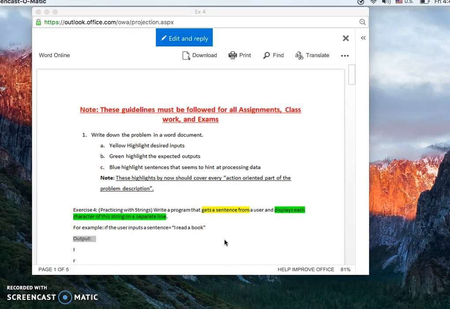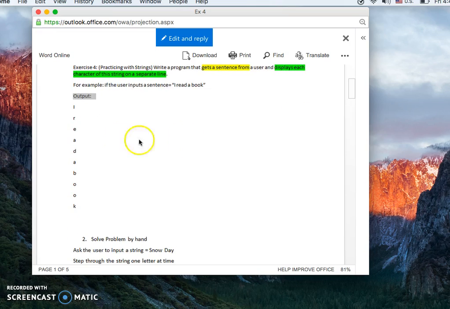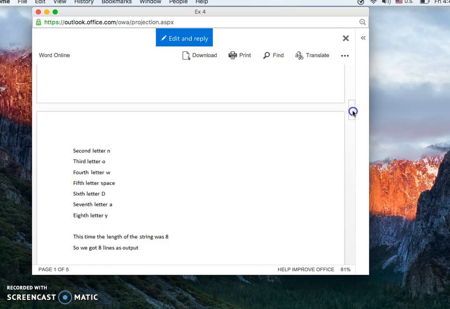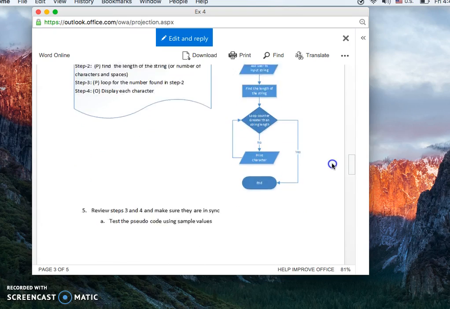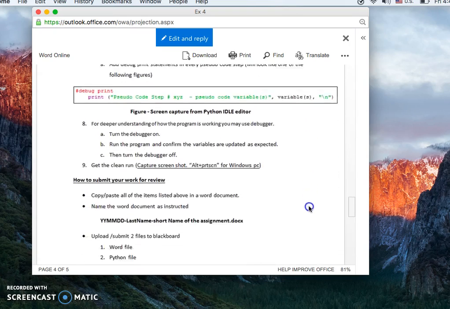In this video you will see the Python program for problem 4, which says: write a program that gets a sentence from a user and displays each character of this string in a separate line. So here's the example: I read a book, so the sentence should be displayed like this in separate lines. And as you can see in this Word document, the problem has already been solved by hand, and the steps for pseudocode are mentioned here,